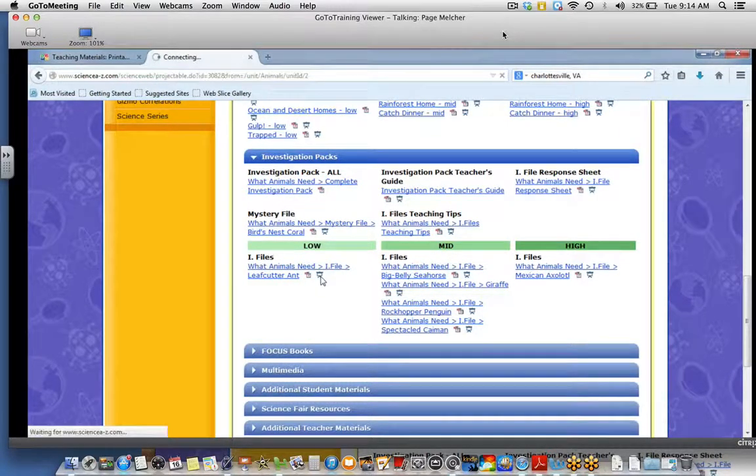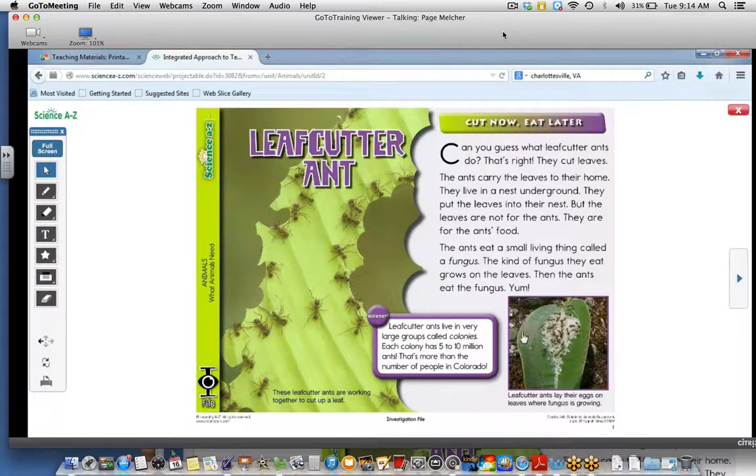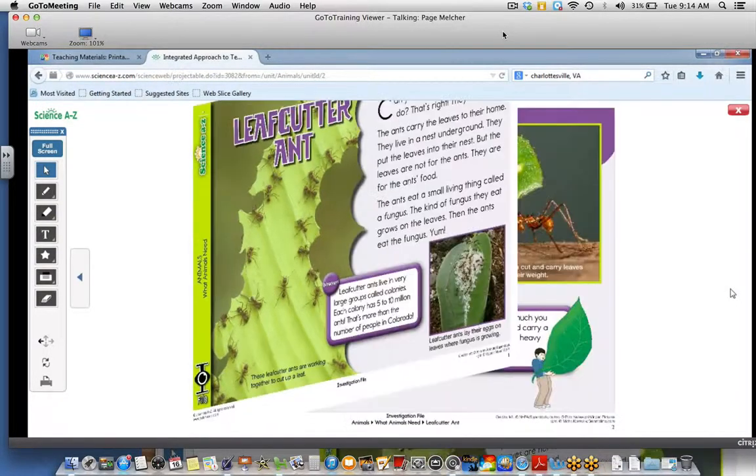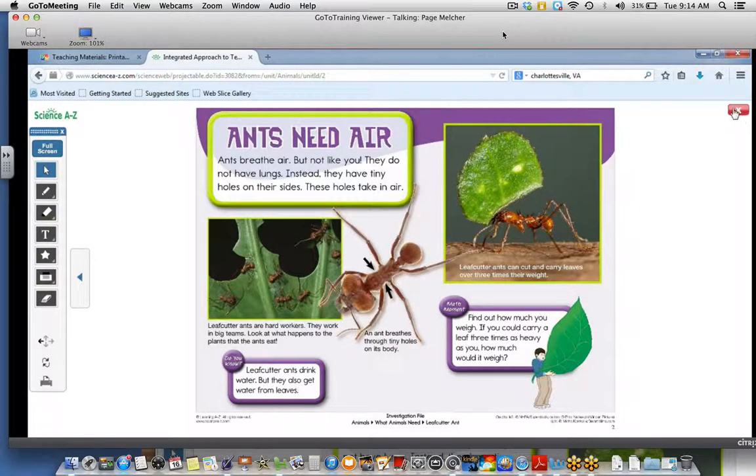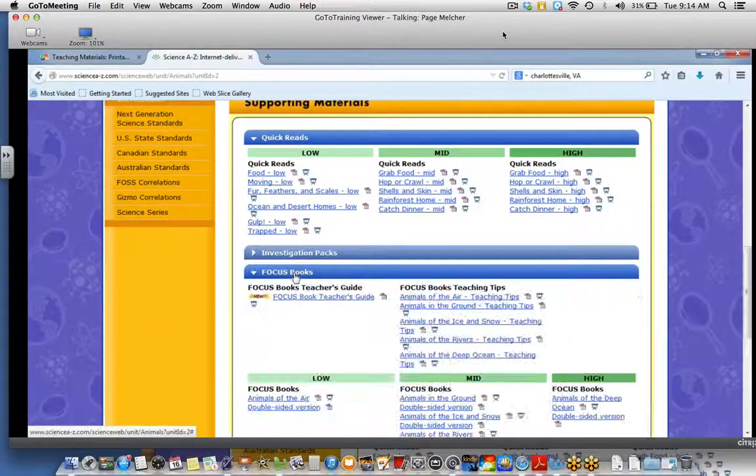So a student would read a passage with that question in mind. I'm reading about leafcutter ants to find out what animals need in order to survive. And I'll use that information with my answer sheet, which is